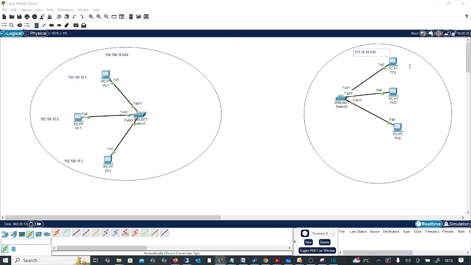172.16.10.0/24. Okay, so this is another network where we have a /24 subnet, and the last octet is reserved for the host bits. Okay, so we will assign the individual IP addresses to these PCs. Let's say the first PC has 172.16.10.1, and the second PC has 172.16.10.2, and the third PC has 172.16.10.3. Okay, so now